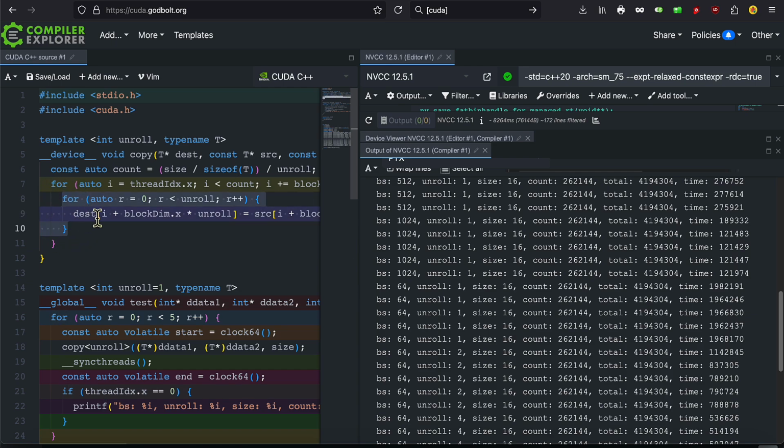Now here we just added a for loop that takes the unroll template parameter, which is a compile time constant, and the optimizer will unroll this loop because it gets rid of these compile time for loops. And look at the times.